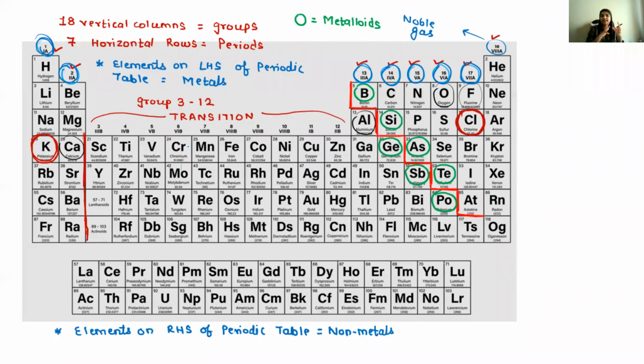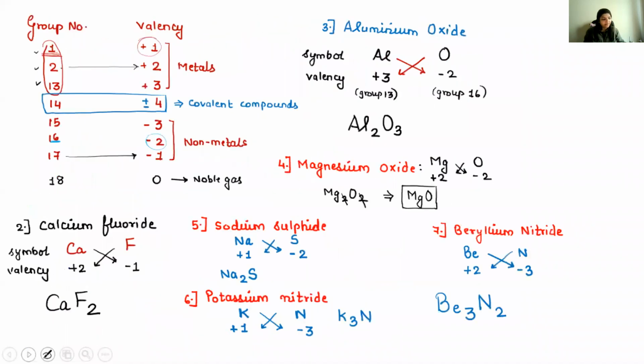So one set of formulas you know from the periodic table by looking at the element, but there are certain elements whose valency you have to remember. That set of valencies, I'm going to write over here. You can also write it along with me. Okay, you can start writing along with me. I'm going to write on the top: valencies to remember. Okay, valencies to remember. So you can start writing along with me.